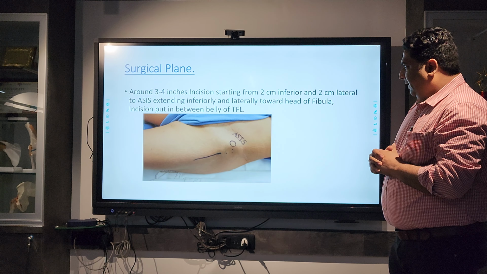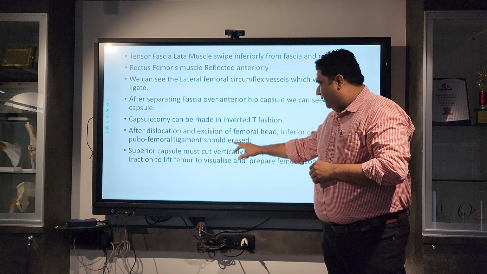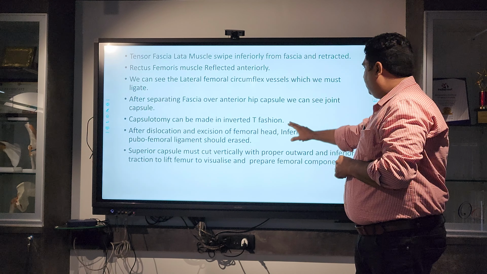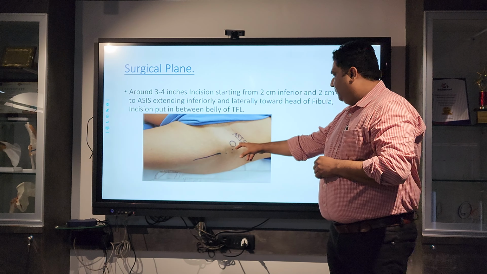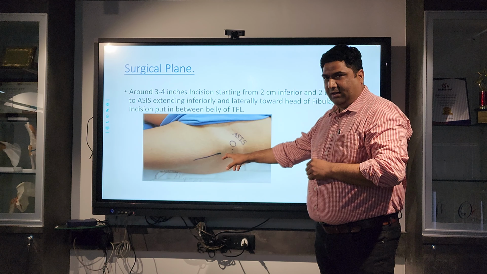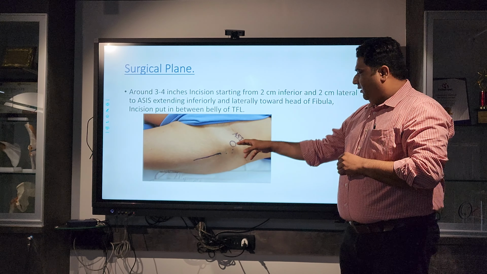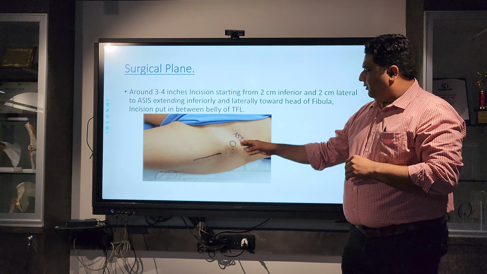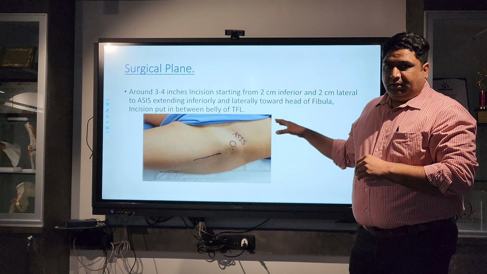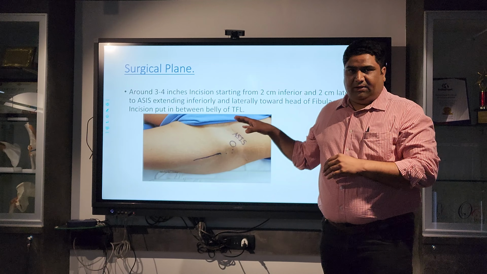For the surgical plane, we start the incision from the tip of ASIS, 2 centimeters below and 2 centimeters lateral. From that point we go in the plane inferiorly and laterally towards the fibular head. So we have to put an incision in between the belly of the TFL muscle.